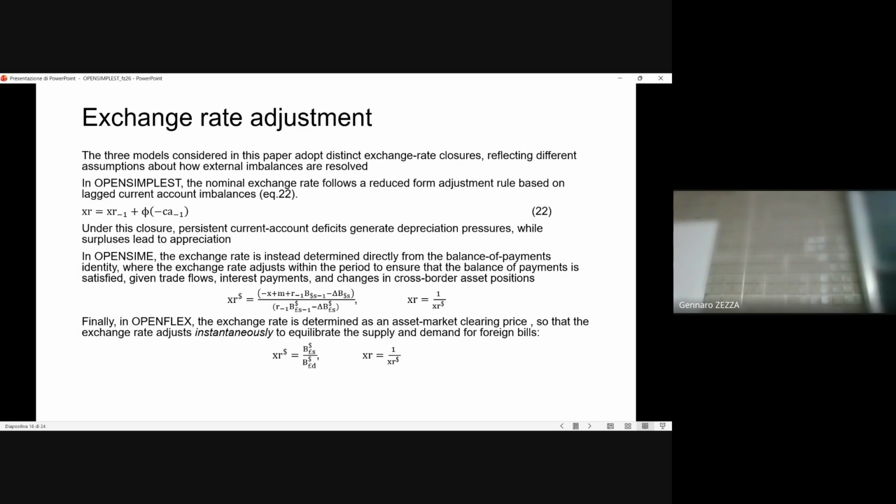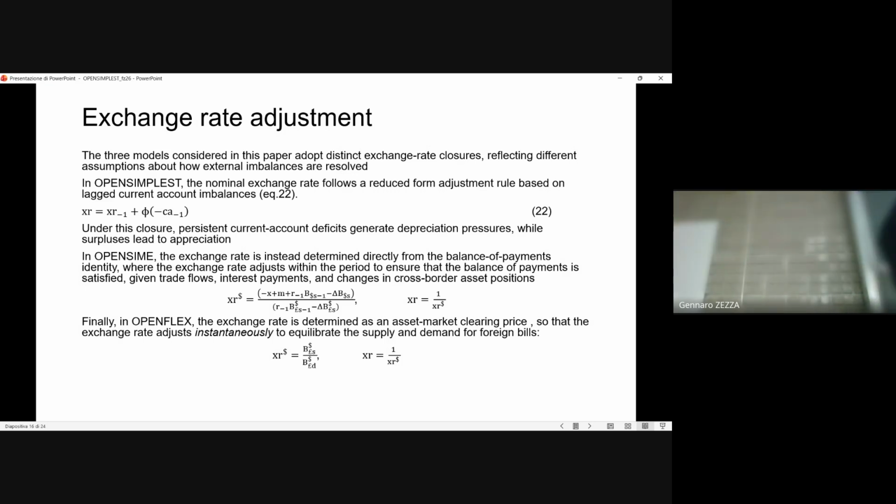I had another version. Here, the exchange rate adjusts to current account imbalances. Very simple. If it's in surplus, a tendency toward appreciation, and a tendency toward depreciation if it's in deficit. Very simple mechanism. In the other two more complex models, the exchange rate had a much more complex mechanism. And this was due to the fact that you had two countries, and so they could use the demand functions from country two to determine the exchange rate of both countries.